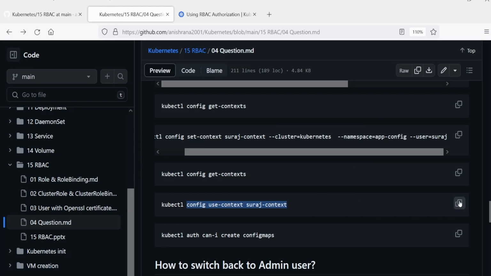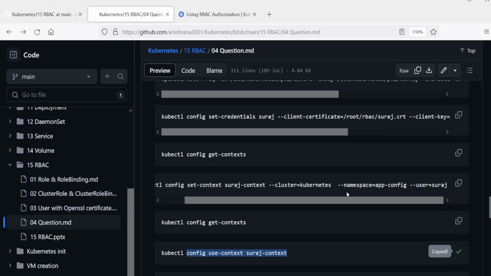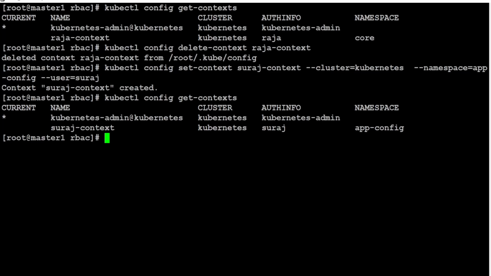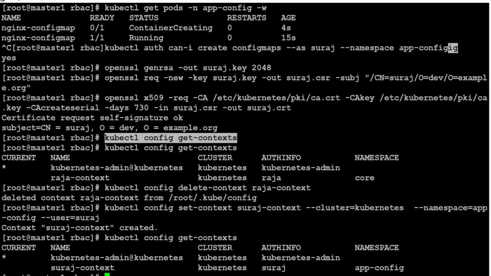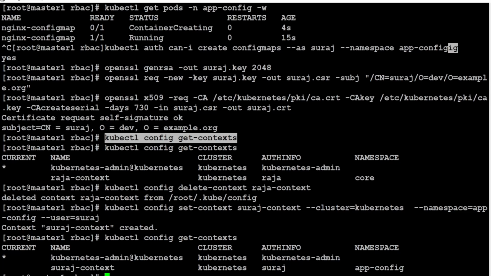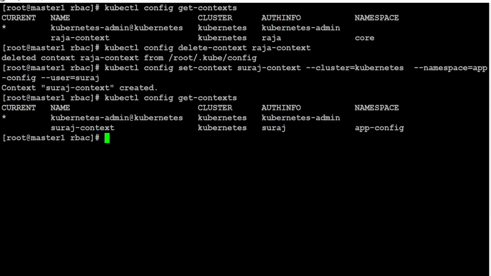Config use-context. Give me one moment, please. Let me check here, and here. I have not executed this command. Let me execute this command, config set-credentials. Yes, this command I have, config set-context.